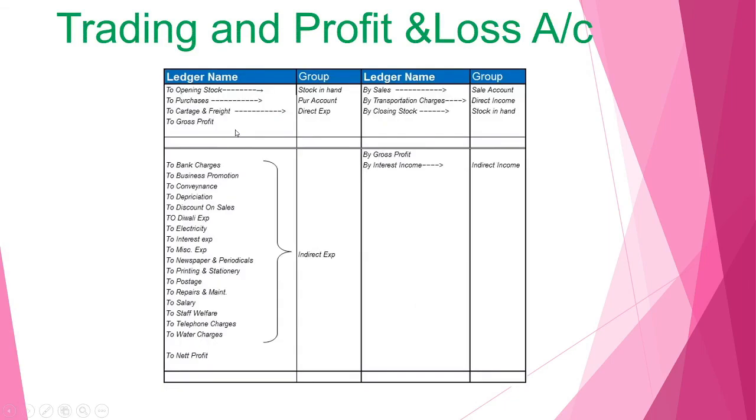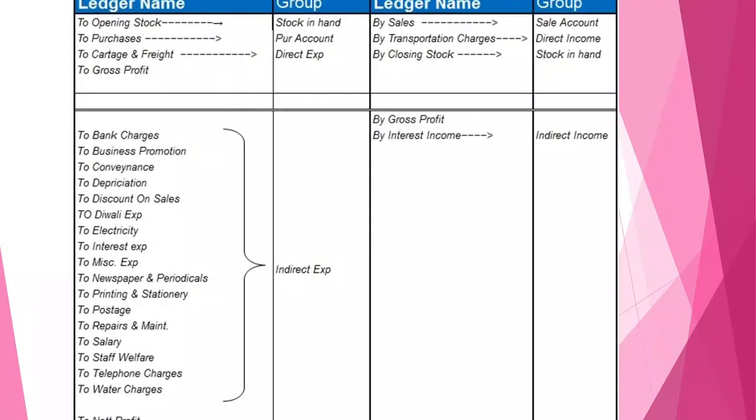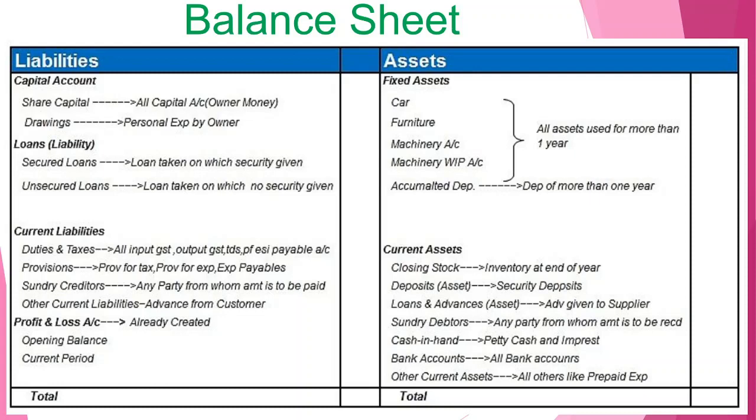This is the summary. Here we can see that opening stock can be considered under stock in hand, then the purchases group, carriage, freight, everything after this under direct expenses, then here the sales account and other charges, direct income, and closing stock in hand. The rest, that is the profit and loss account debit side, will be considered under indirect expenses, and the profit and loss account credit side will be considered under indirect income. Say for example interest on deposit or commission received, etc.